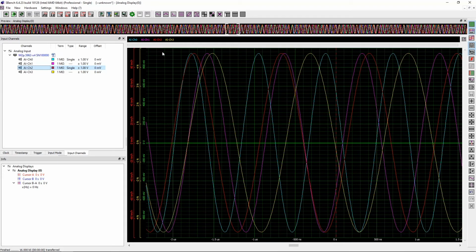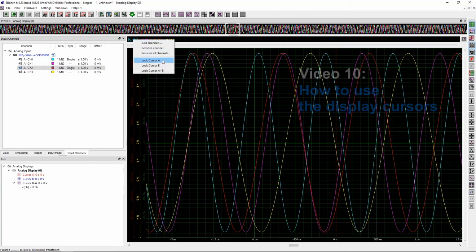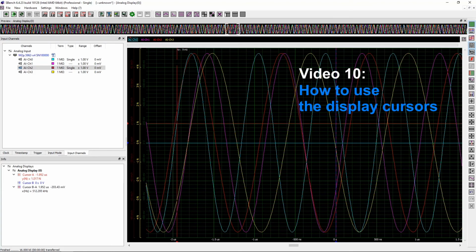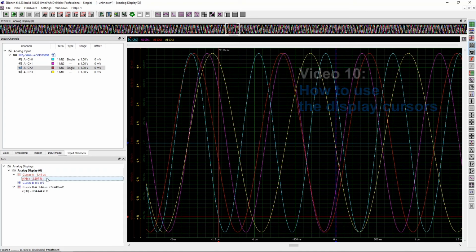To highlight the scale for a particular channel, click on the channel name in the display and all other scales will be shown much darker. Please note that the colours of the channels and the colours of the scales are not related to each other. If you lock a cursor, as described in video number 10, the Y scale values in the info display are also shown with a custom unit N and not as volt. The custom units are saved in the SBent 6 data file and will be restored when a data file is loaded.